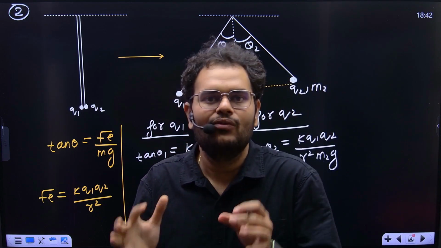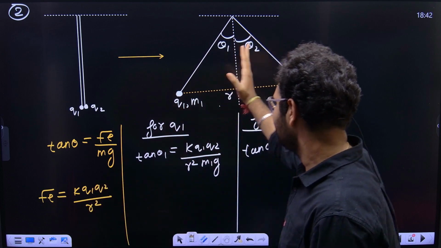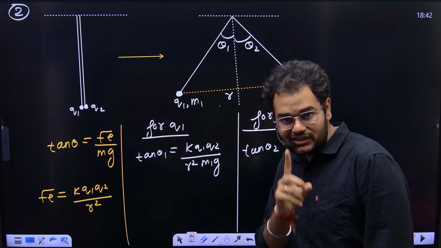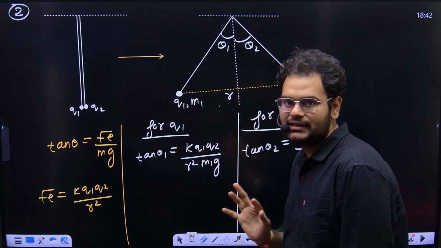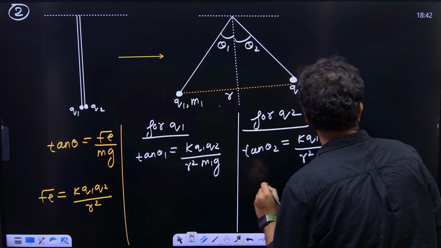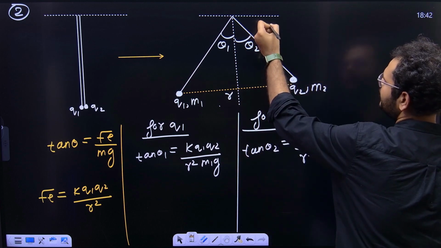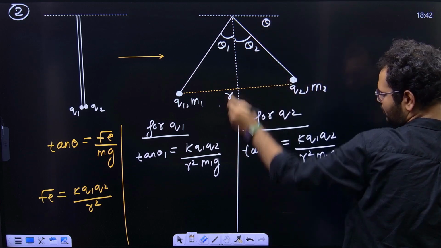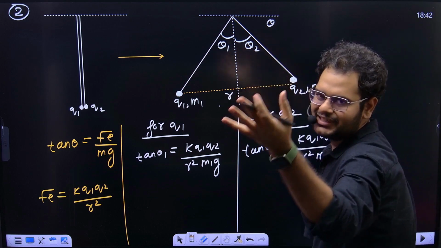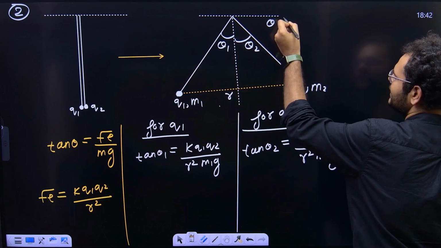Whatever angle that charges make with vertical depends on what? It depends on two things, product of charges and mass. I will directly write for both. If tan theta is proportional, anyway theta is proportional. Okay, theta is directly proportional to